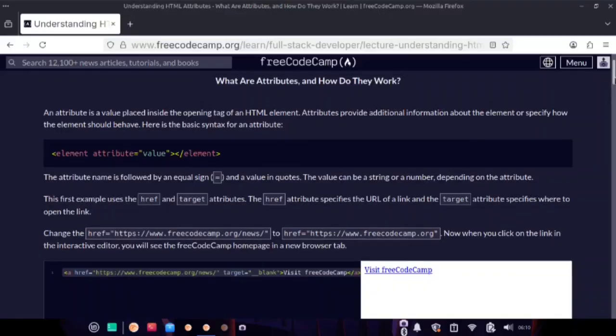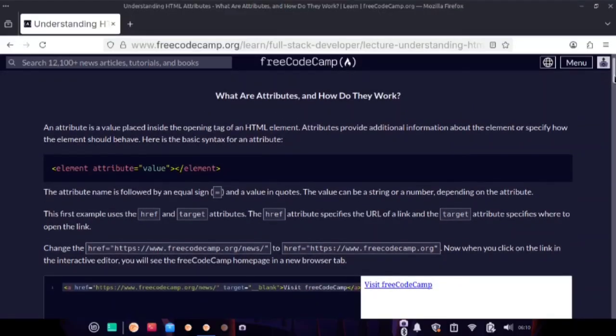What are attributes and how do they work? An attribute is a value placed inside the opening tag of an HTML element. It is a value that is placed inside the opening of an HTML element. Attributes provide additional information about the element